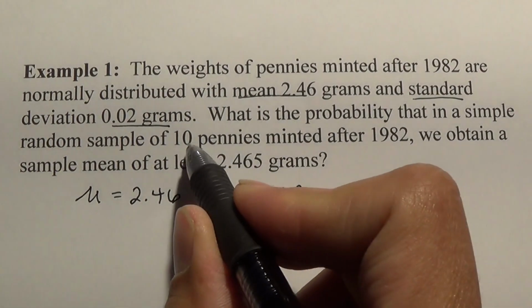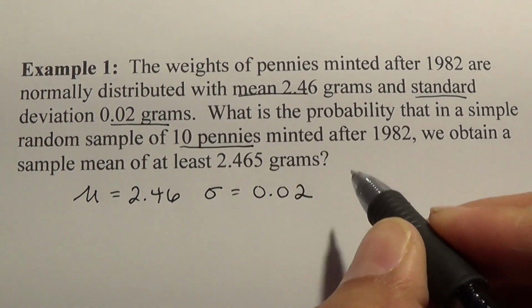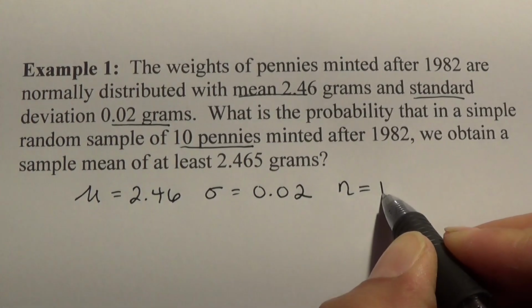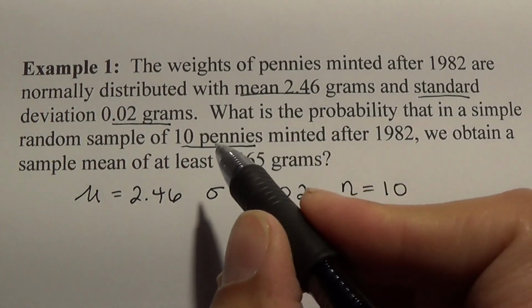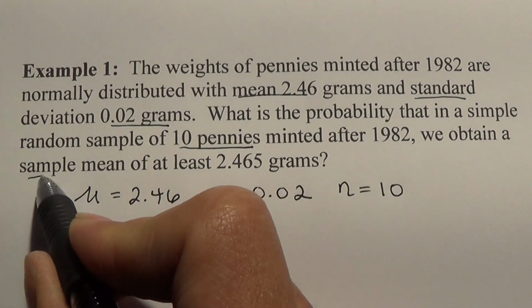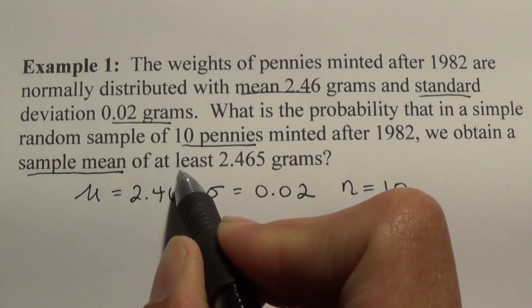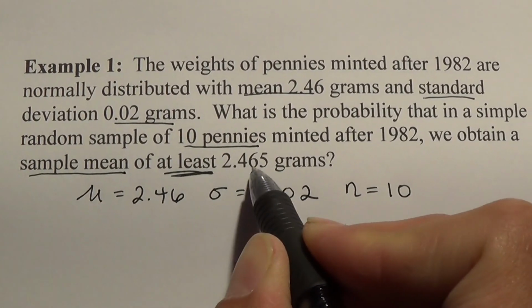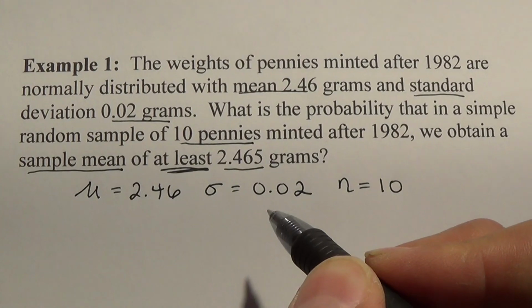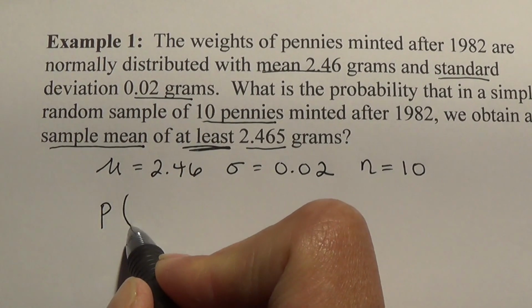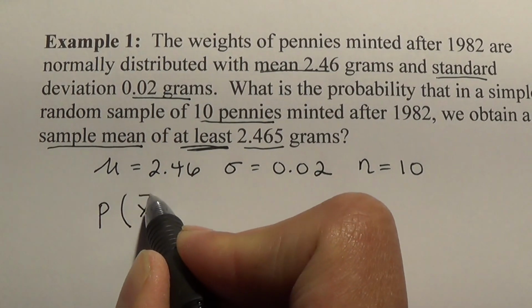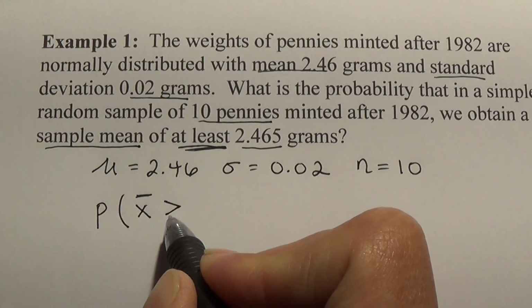We have a simple random sample of 10 pennies, so n is 10. We want to find the probability that the sample mean is at least 2.465 grams. So the question wants us to find the probability that x bar is at least